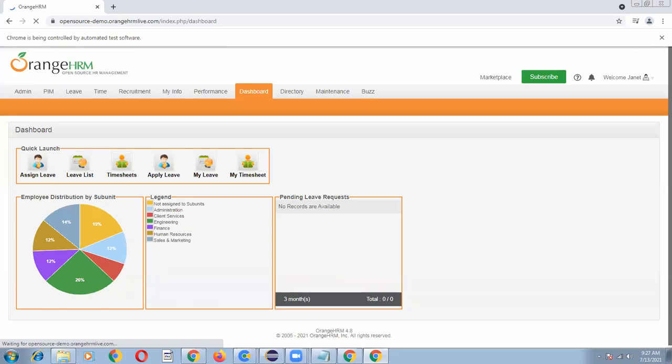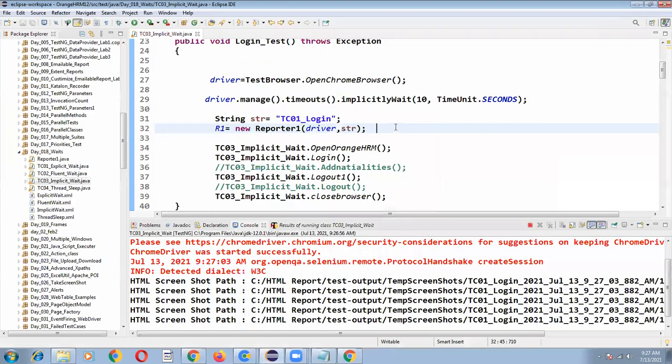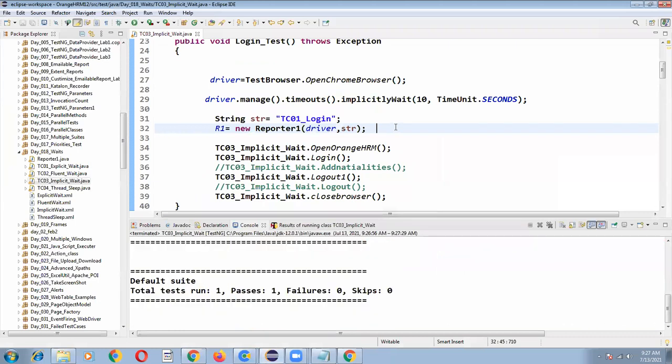So this time it clicked on welcome and it also clicked on logout. That means the WebDriver is able to click on logout once it is loading. So it is not your scripting fault.